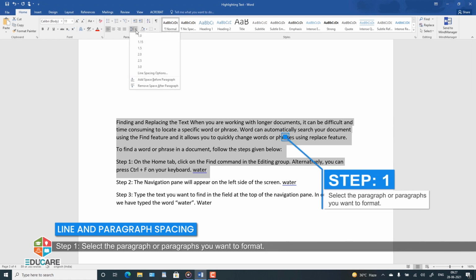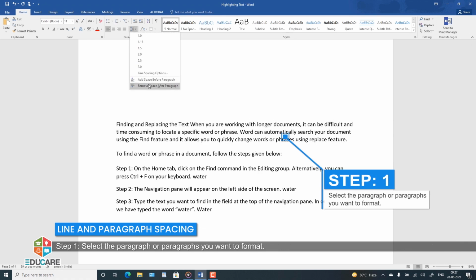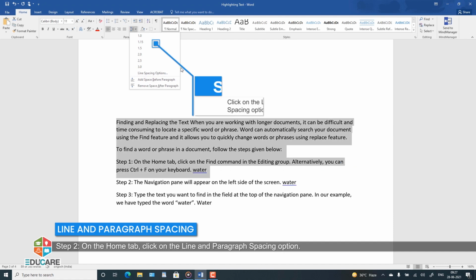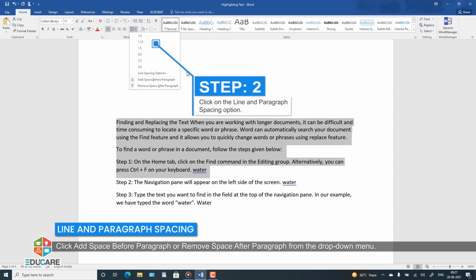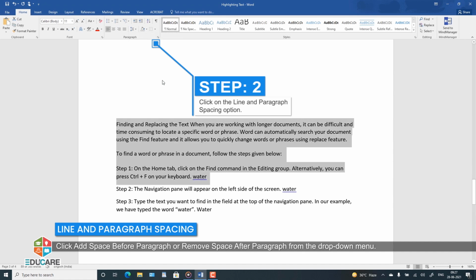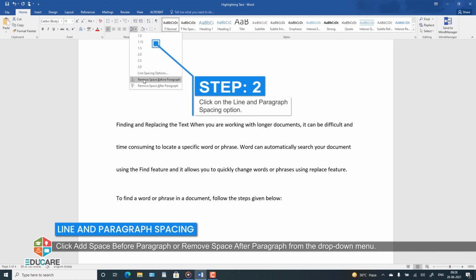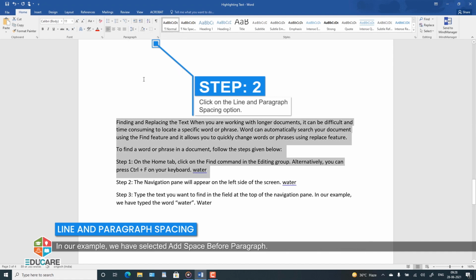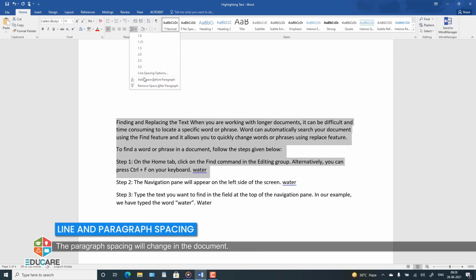Select the paragraph or paragraphs you want to format. Step 2. On the Home tab, click on the line and paragraph spacing option. Click Add space before paragraph or Remove space after paragraph from the drop-down menu. In our example, we have selected Add space before paragraph.